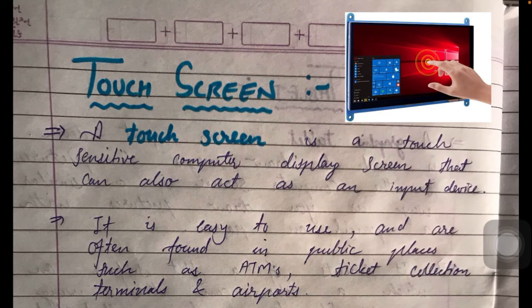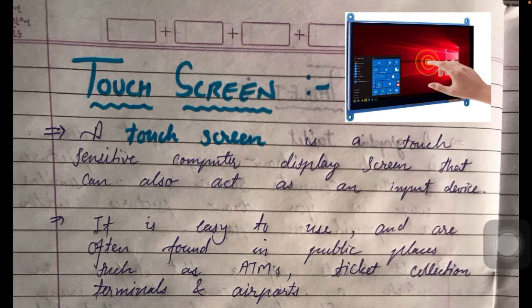Now you are all watching my session, right? You are watching my session with the help of a mobile, right? So a mobile phone is also a touch screen. A touch screen is a very sensitive part, a display screen that can also act as an input device. Whatever we do on a touch screen is done with the help of our fingers.